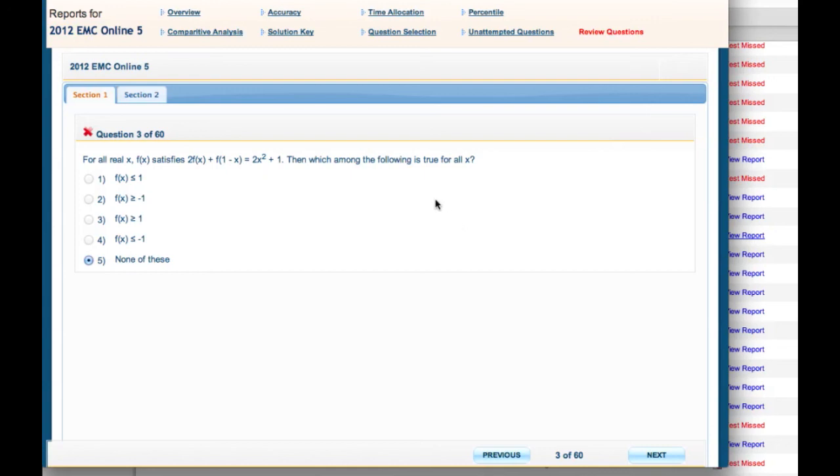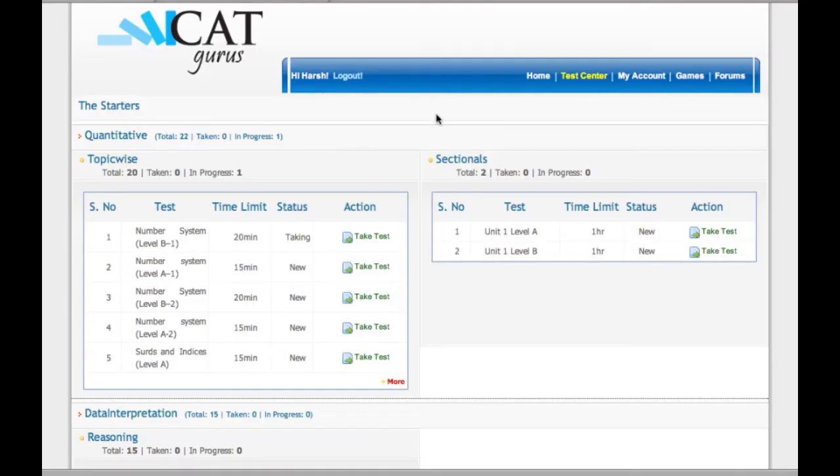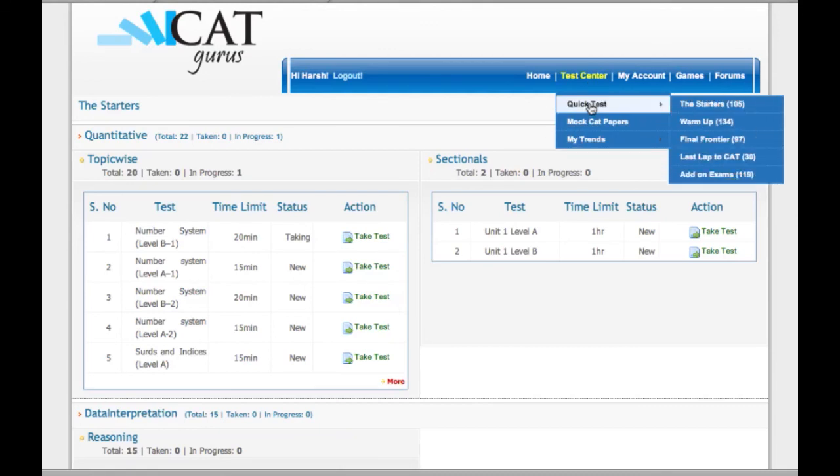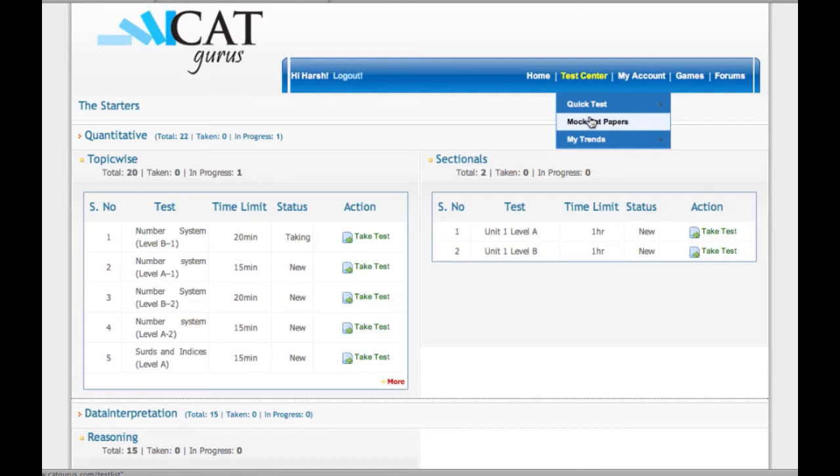If you count the number of quick tests, there are more than 500 quick tests which are given. So you should not exhaust all of them during the initial phase, and keep some of them, or rather use some of them during the last phase when you identify that, okay, you are not very good in numbers. Then you can go back and take some numbers tests. This is where you can actually use this platform and analytics in order to improve your preparation.